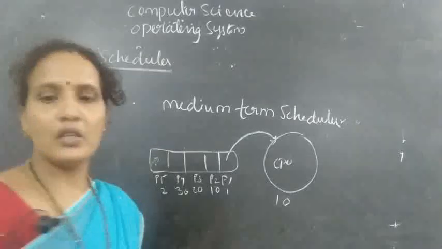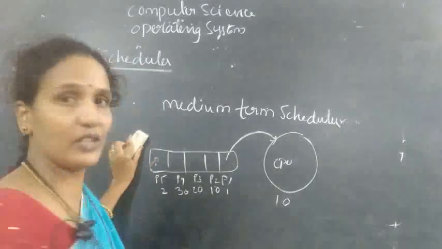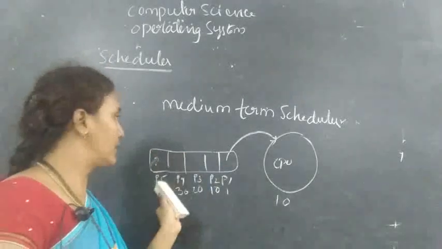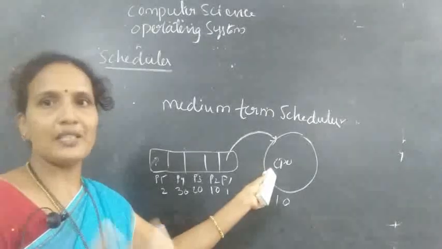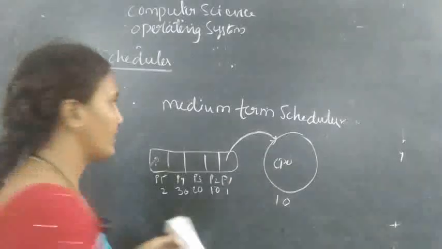Understood all of you? So it deals with the swapping of the process based on the priority and based on the timestamp. We'll move the current process and replace it with the new process. Hence, in place of the old process, the new process will be placed.